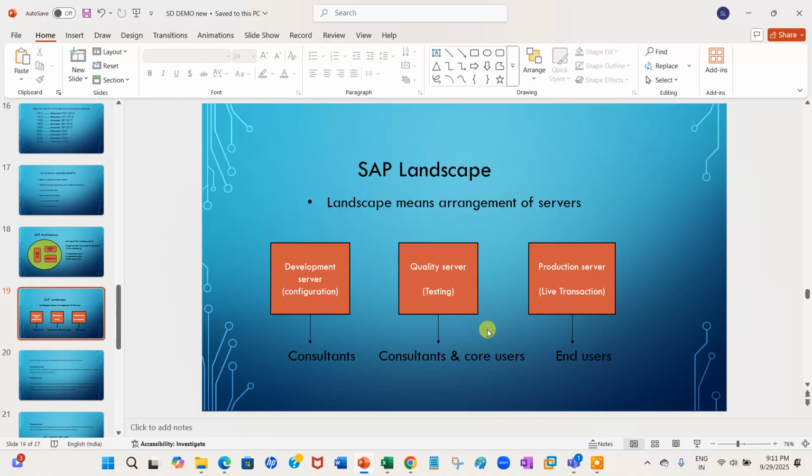In the development server, consultants work; in the quality server, consultants and core users; in the production server, end users. Different persons are responsible for those things. What consultants, core users and end users mean, we will discuss in an upcoming session. Today I will just give you an overview.